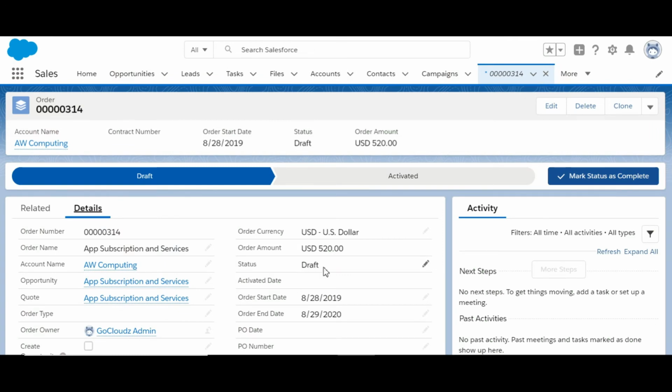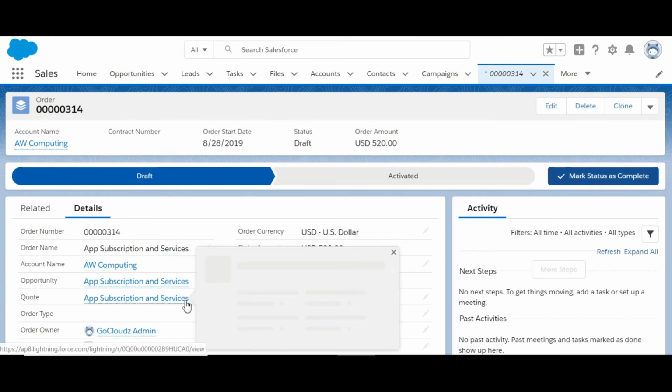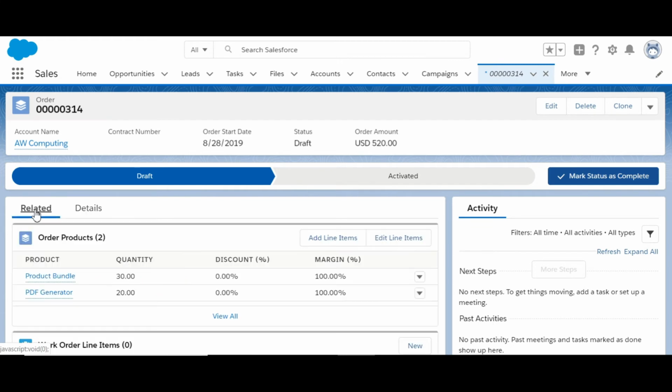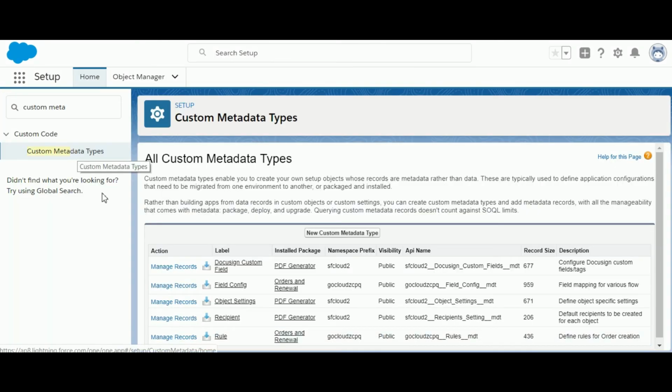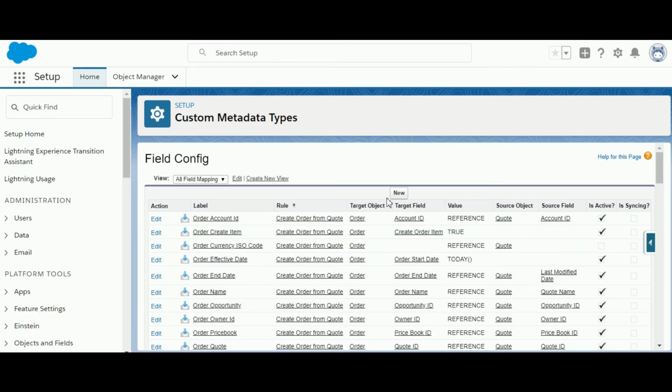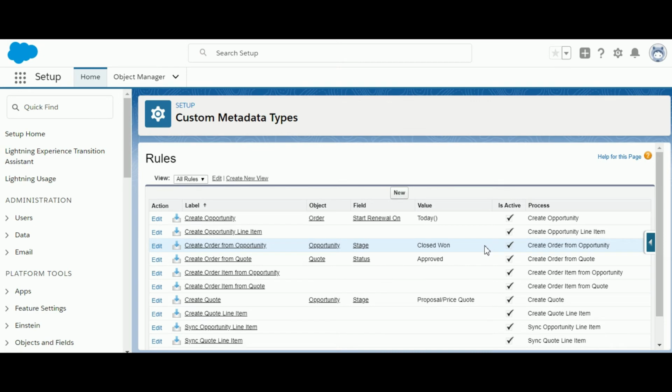Order is created in draft status, and the quote which created this order is also populated this time. Order products are also created. Mappings for fields not present in the default configuration can be created using the same process as described for opportunity. If you want to keep this application but don't want the order to be created from opportunity or quote, you can